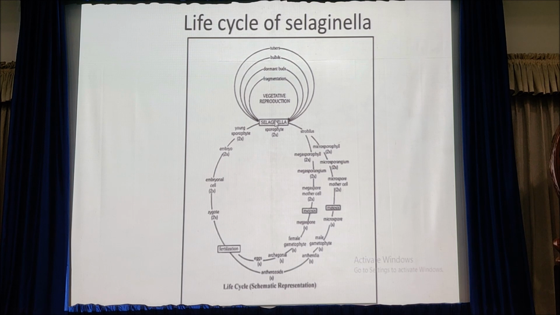Then retention of the megaspore within the sporangium. This also we can see in Selaginella. The megaspore develops into the female gametophyte, develops archegonium, undergoes fertilization, and embryo formation occurs. Still, the megaspore, or the female gametophyte, is retained in the megasporangium in some species. Because of these reasons, Selaginella approaches the seed habit. That means it illustrates some of the earlier steps in the evolution of the seed habit. That is about Selaginella.